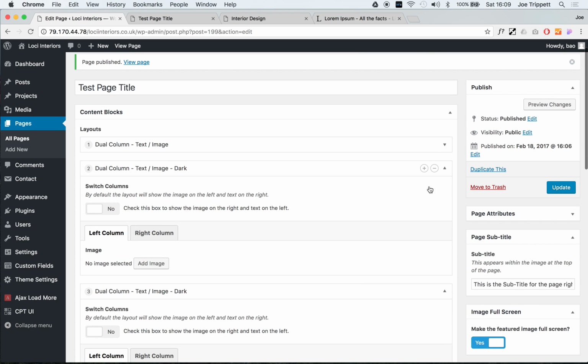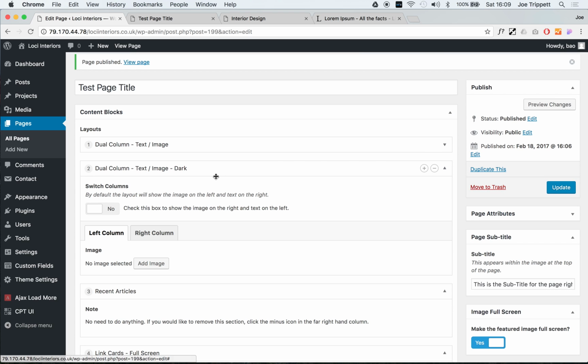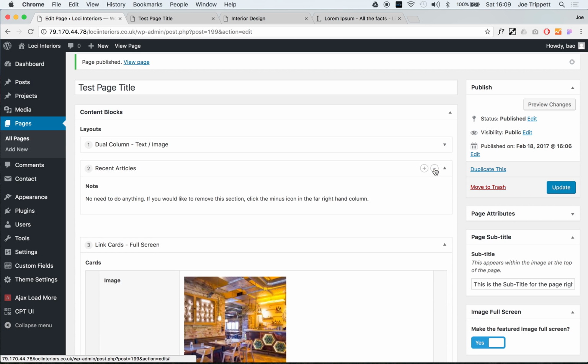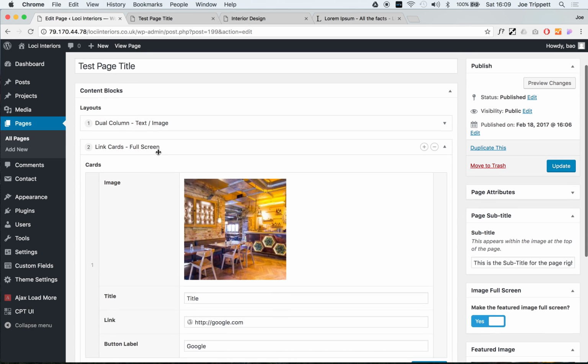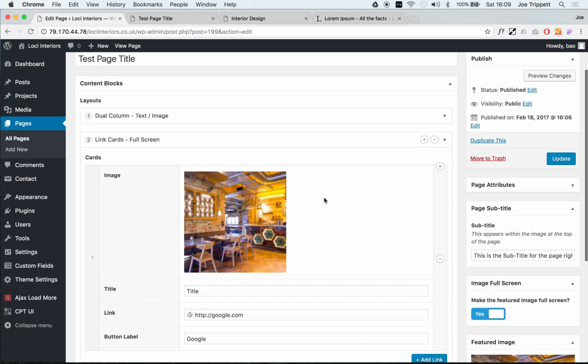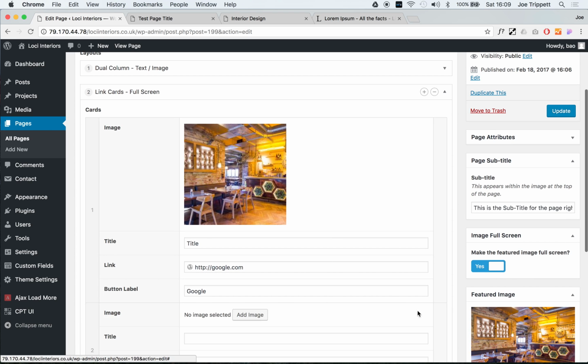So we'll just get rid of this. If you want to remove content blocks, you just have to hit this minus here. So there's a plus and a minus. You can add another layout which will add it in this gap here, or minus which will get rid of it. So we'll get rid of the articles. So at the moment we've got that dual text and then the link cards, which is this. And then if we add another one,